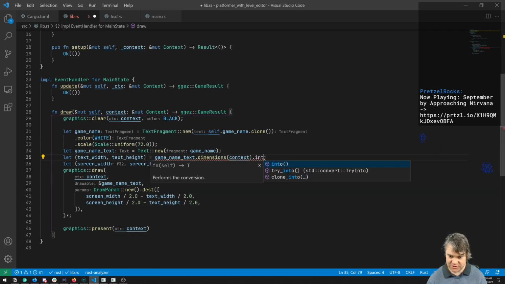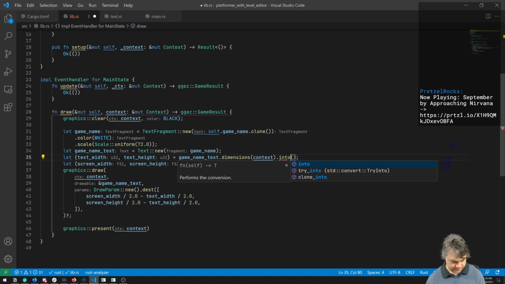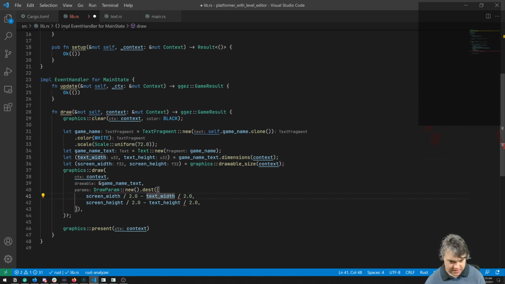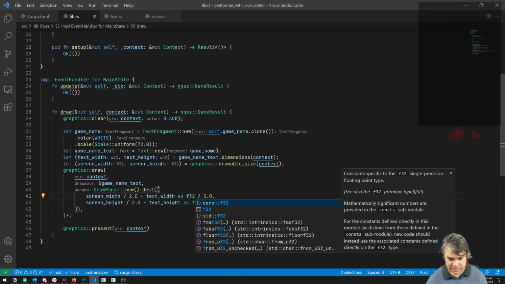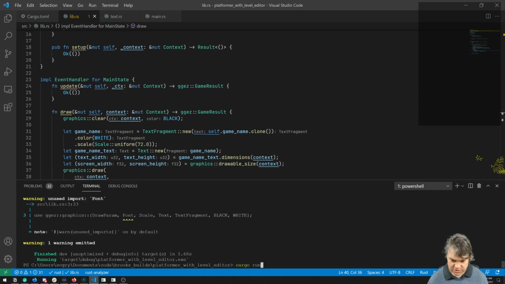I also can't do something like an into because you can't automatically convert use to F32s. So I'm going to have to do this down here. So we have the text width, text height as F32. We might lose a little bit of data, but I actually don't think we're going to lose any data here, and it doesn't really matter if we do. Not in this case. So if we rerun it,